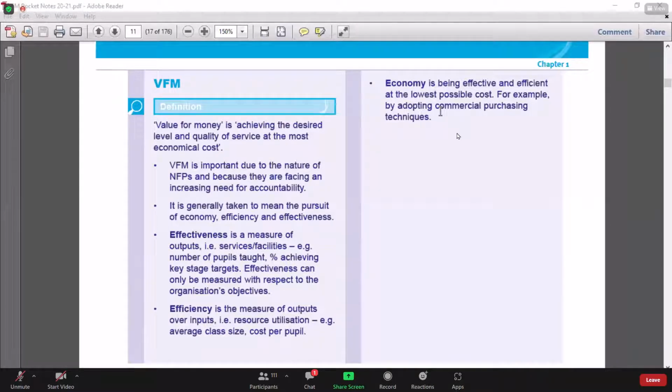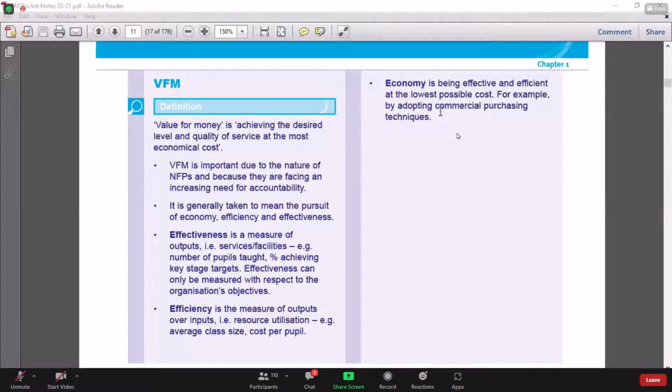So here I took an example of a school. Suppose a not-for-profit organization is providing educational facilities to rural youth. Suppose it is located in a specific rural area, and their main objective is to provide free, quality education in that particular area. So effectiveness means the measure of output. It means how many students they provided that quality education during that particular period.